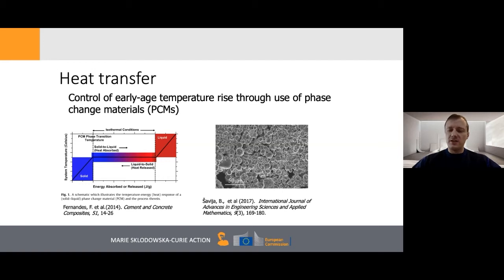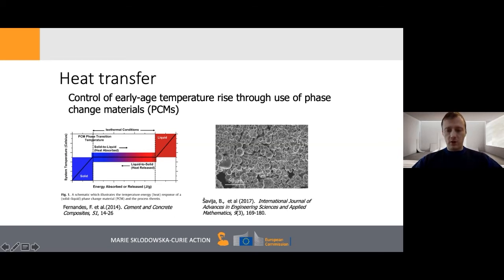So a typical phase change material is a candle. Once you heat up a candle, your wax will melt, but at this melting temperature, it will store some heat, and the other way around. So the idea was that we were to implement these types of materials in concrete in the form of microcapsules. Similar to, some of you might be familiar with microcapsules with encapsulated self-healing agents. In this case, we had paraffin wax encapsulated and added to concrete as an additive in order to absorb and release